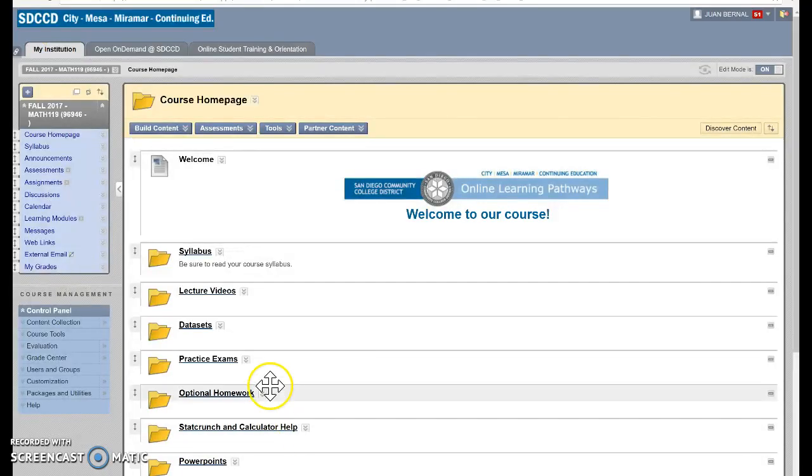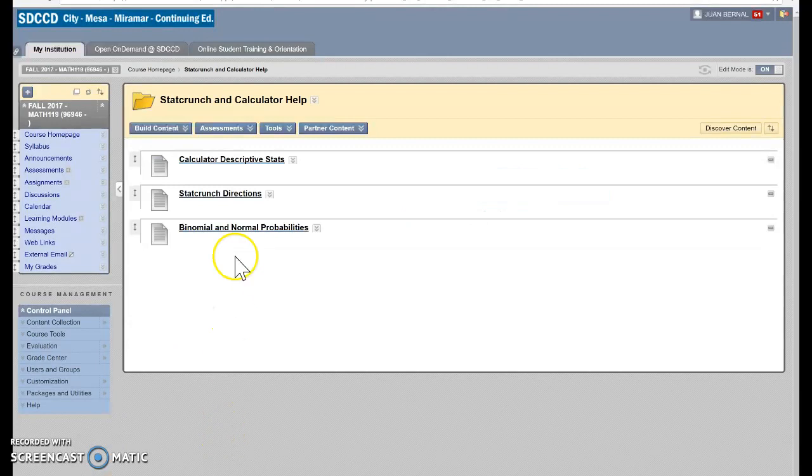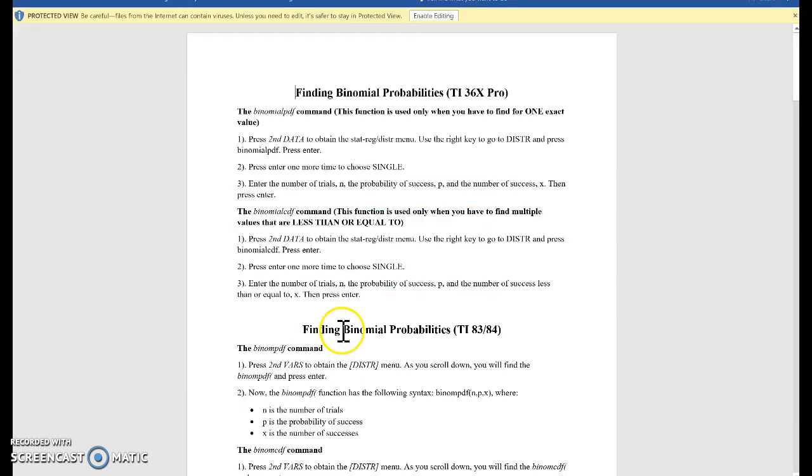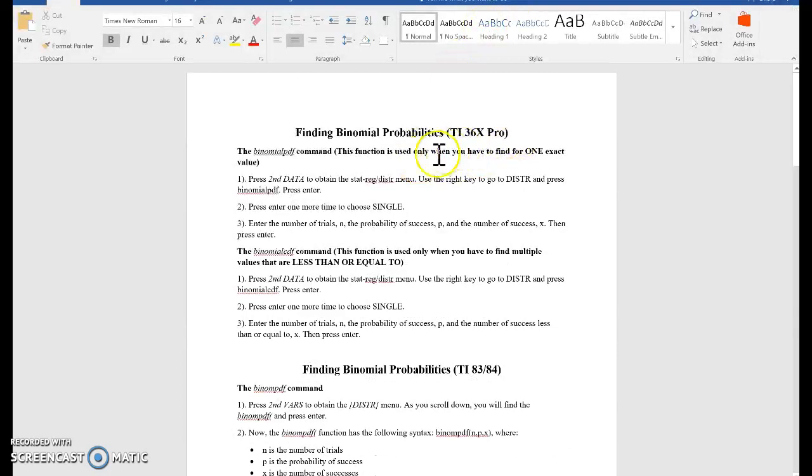Also on Blackboard, what I want you to do, if you can print it out, or you can just go ahead and just know that it's there. If you go on, I think it's on StatCrunch and Calculator Help. Yes, here, binomial and normal probabilities. Go ahead and familiarize yourself with this. You can go ahead and click on it. It gives you directions on how to use binomial PDF and CDF on your TI-36 and TI-83